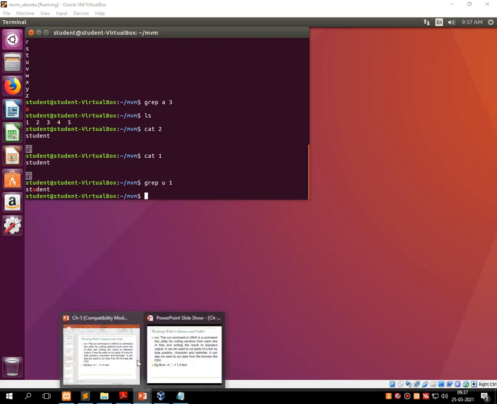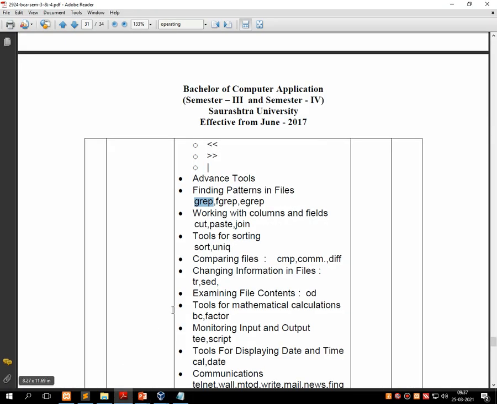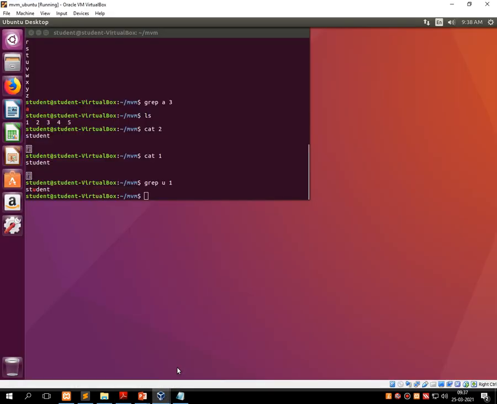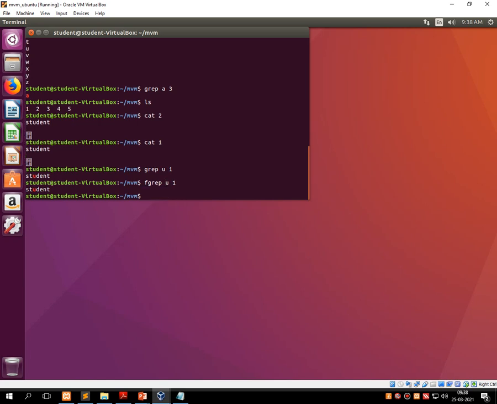Now instead of this, suppose I am using another similar command like fgrep. Fgrep u and then the name of the file. A similar output is there, but this searching is a little bit faster than the previous one.